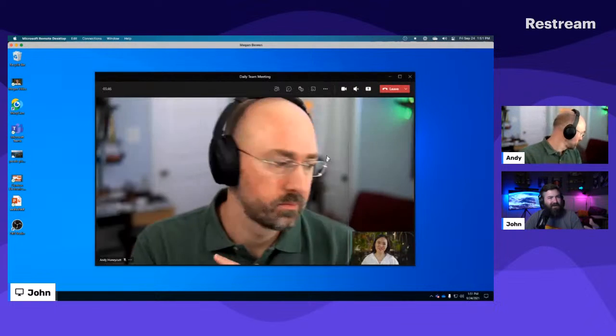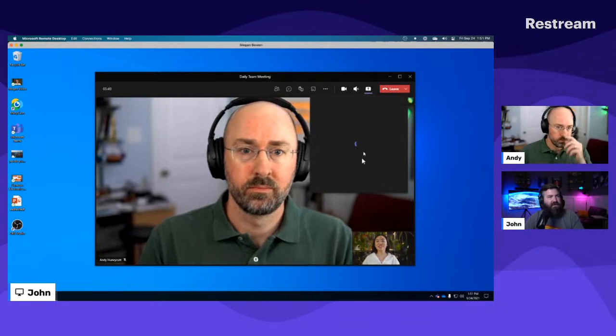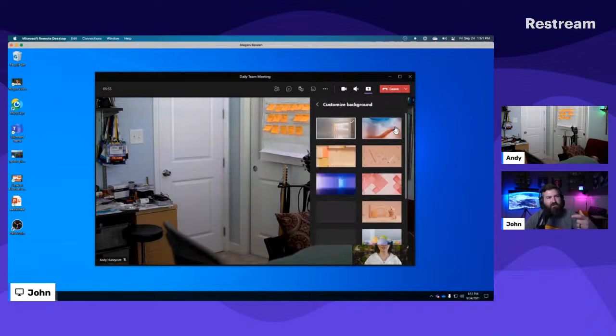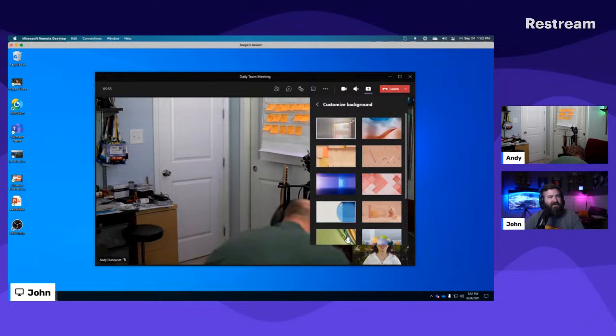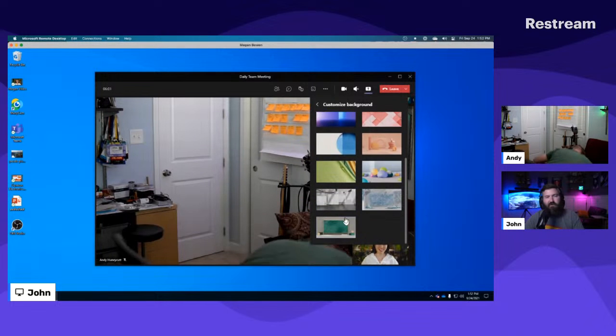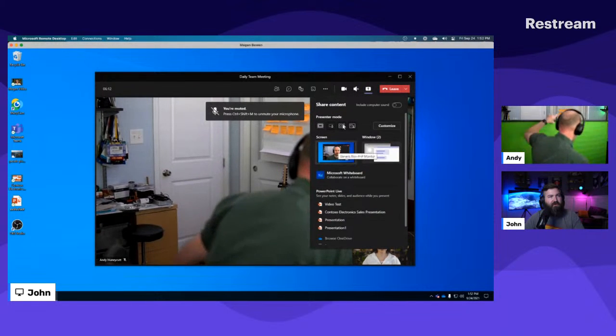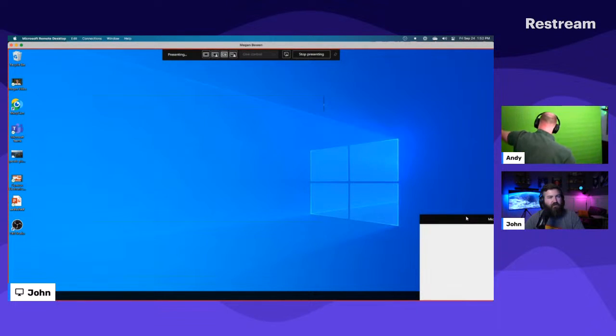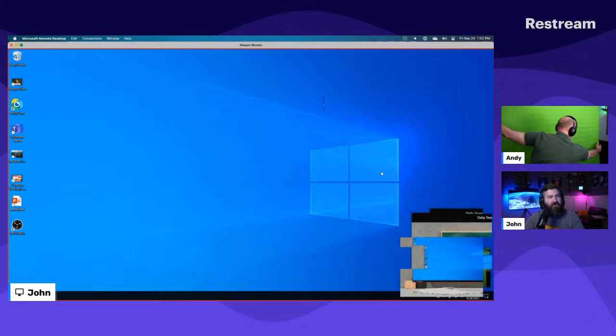And you notice that it had a background on it. That's what this customize button does. So if we do the drop down for shared content and hit customize, now you have, what is it? 2, 4, 6, 8, 10, 12, 13, lucky 13 background layouts. So if she wants to change it up and do a chalkboard background because it's in a school environment or something, then whenever she shares her screen in side by side, she's going to have a chalkboard background. And this little preview is really handy.